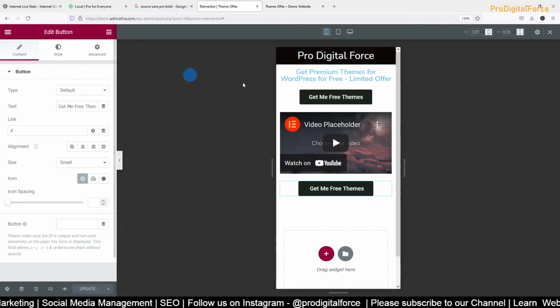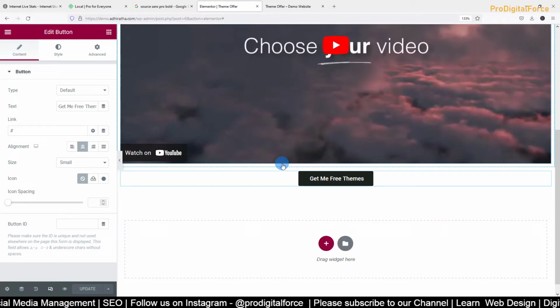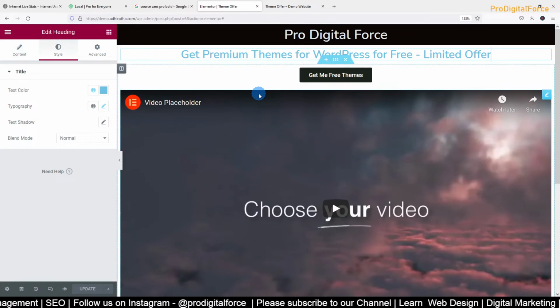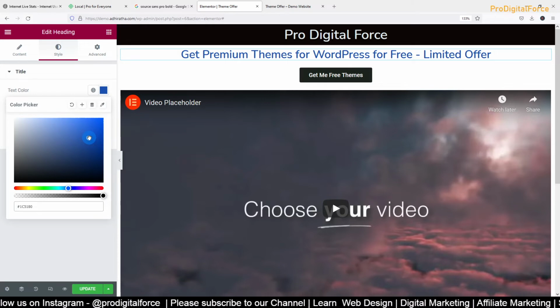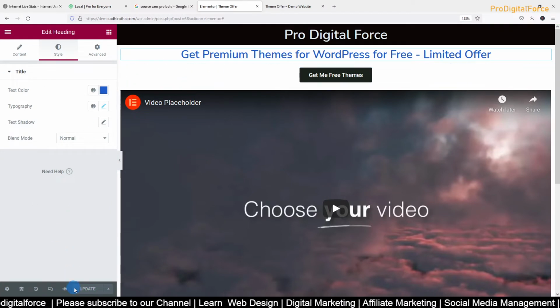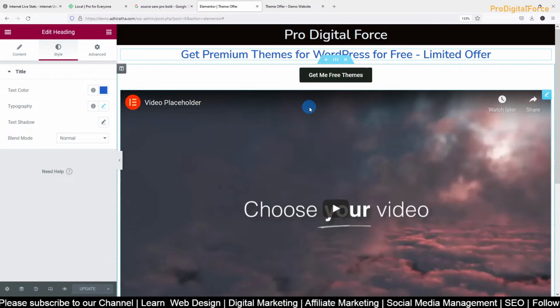I'll come here again and change the font color to something a little darker. Okay, it is done. So the first process is done, where you are attracting the customer to the page.